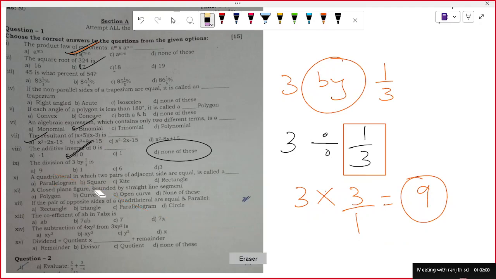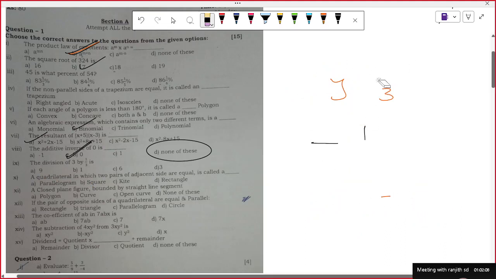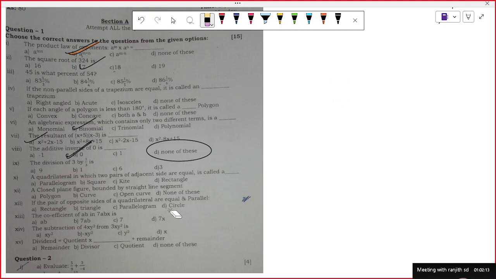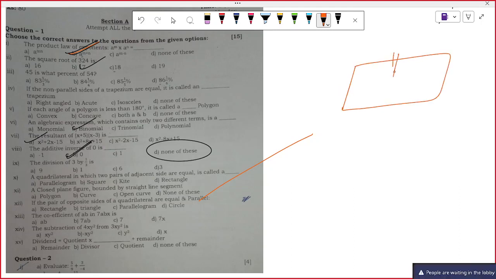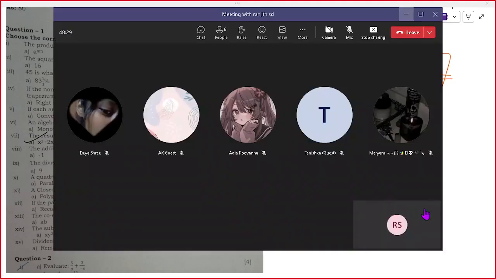Option A. Next, a quadrilateral in which two pairs. Okay, this is quadrilateral. I'll make you all revise that and do it later. Try the next one, a closed figure. Skip that. Skip 10th, 11th. Try the 12th one we did in construction. If a pair of opposite sides of a quadrilateral are equal, what do we call it? Parallelogram. Correct. Can you see the words equal and parallel given? So if it's not parallel,